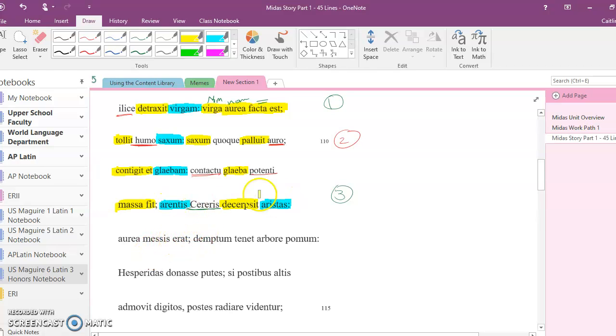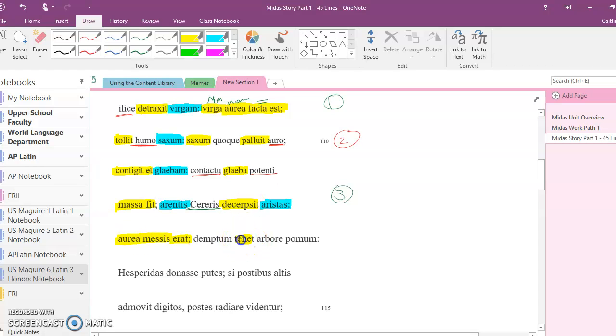Instead, I don't get the dry ears doing something. He lifted up a saxum, the saxum did this. He touched a glyba, the glyba did this. I would expect it to be the aristae did something, but now he's changing it up because you don't want to do three in a row exactly the same. So it was the object, now it's the subject, it was the object, now it's the subject, it was the object. I'm going to vary things on this third go. It was a nominative, a golden harvest.